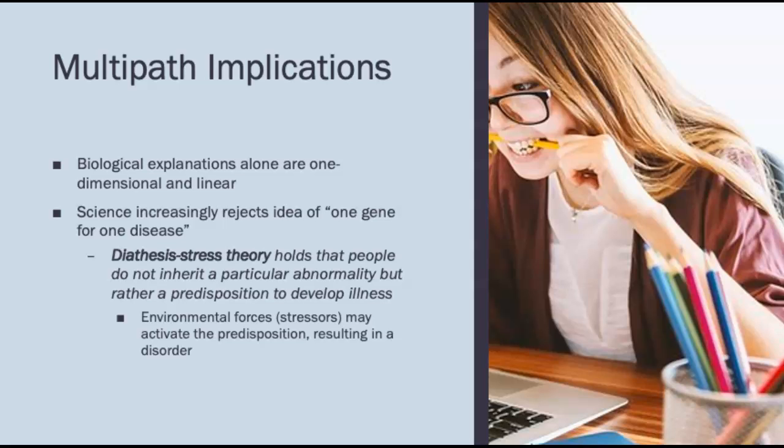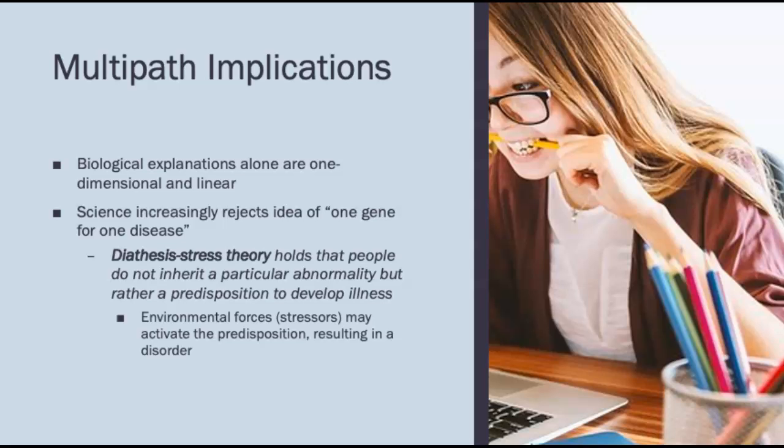Multipath implications. So as it relates to the biological dimension, biological explanations alone are one-dimensional and linear. Science is increasingly rejecting the idea of one gene for one disease. And what's more accepted is the diathesis stress theory. This is going to be really important for us to know in this course, is that the diathesis stress theory hypothesizes that people do not inherit a specific gene or a particular abnormality, but rather a predisposition to develop an